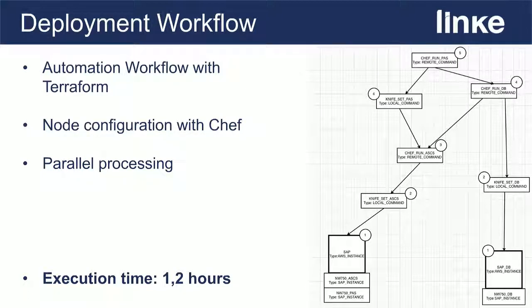and therefore Chef is then installing the SAP software and configuring the central services instance. Once this is done, then the database instance is flagged as a database instance so that the database is installed. So at that point,